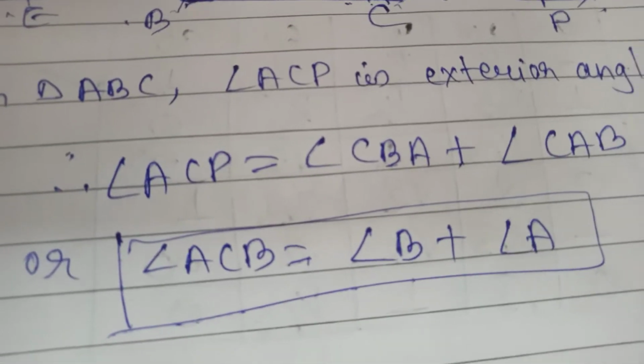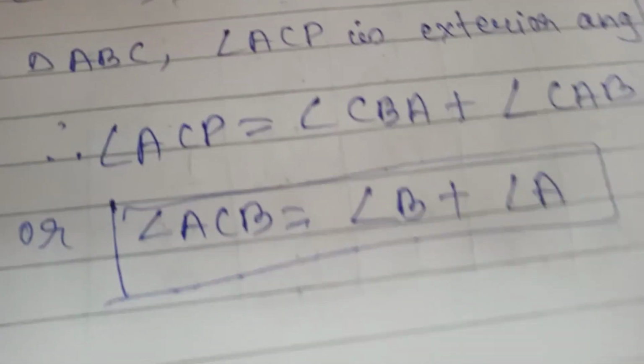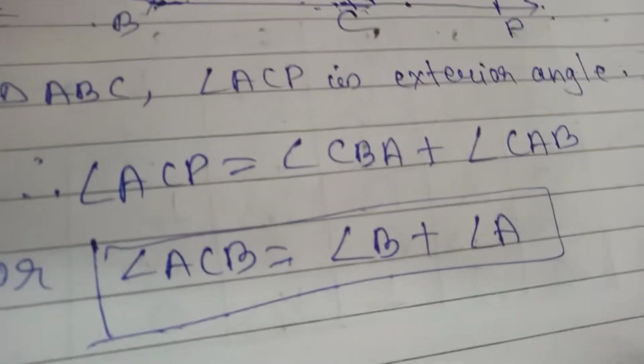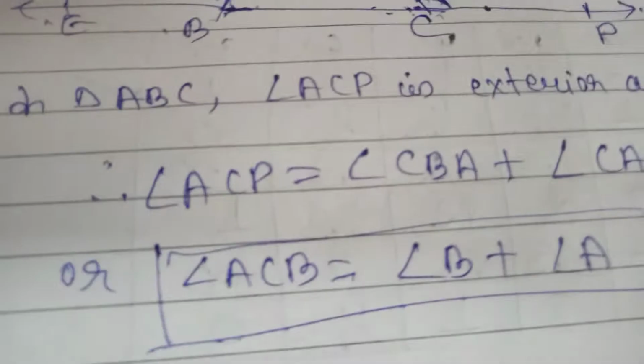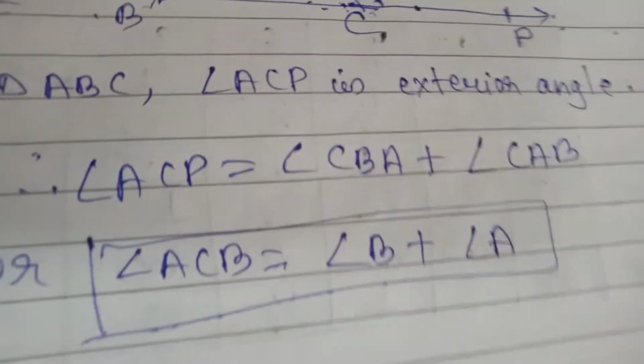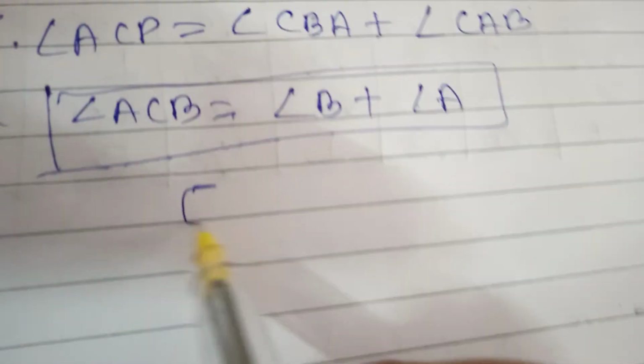So make a good practice of the theorem because it is very important. Solve all the examples given in the textbook also, because it will give you a little idea of how to write the numericals along with their properties. Like example number 7 is there, 8 is also very important. So let me introduce you to exercise 6.3 now.